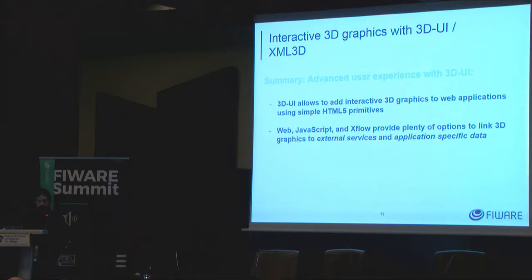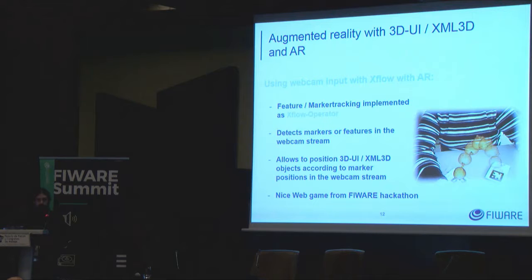Now, one generic enabler that does this, for example, already is the augmented reality generic enabler. This one uses 3D UI XML3D and the connected Xflow capabilities in order to implement marker feature and marker tracking operators directly in XML3D. And by this, we can, for example, detect this kind of markers, which most of you may have seen before, and by this position the 3D objects also in our scene,